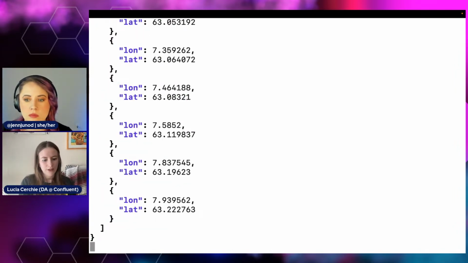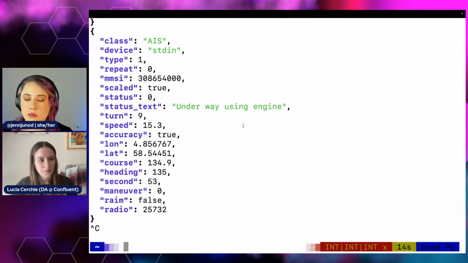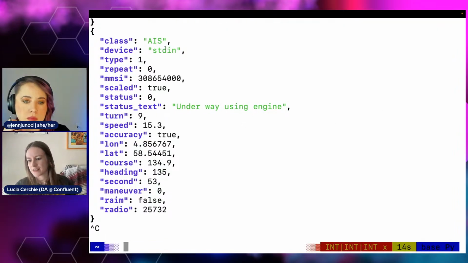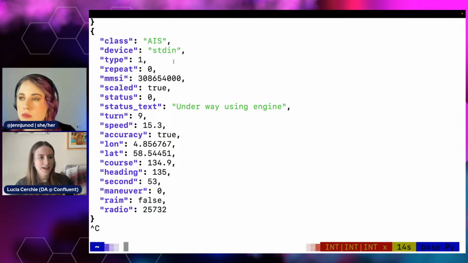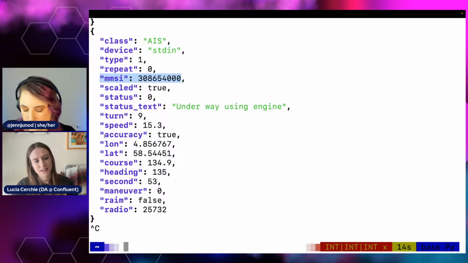I'll hit pause just so we can scroll through some of this. This is AIS data, and not all of the ships give out the same pieces of data, but what we are going to be looking for eventually will be this, which is a ship's ID, the MMSI.